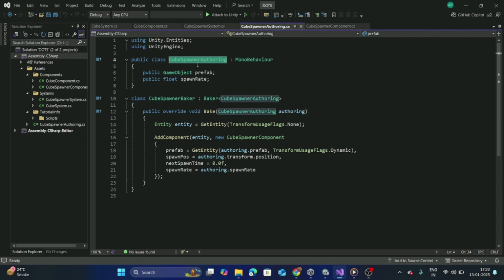This script will allow us to edit the cube spawner's properties directly in the Unity editor. We'll name this script Cube Spawner Authoring. This authoring script will expose fields for the prefab and the spawn rate so that we can assign these values in the inspector. Alongside this, we'll write a Baker script, which is responsible for converting the authoring data into ECS components at runtime. The Baker essentially bridges the Unity editor and ECS, making the data available to the systems that